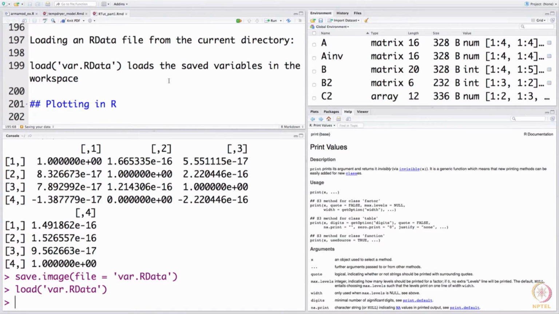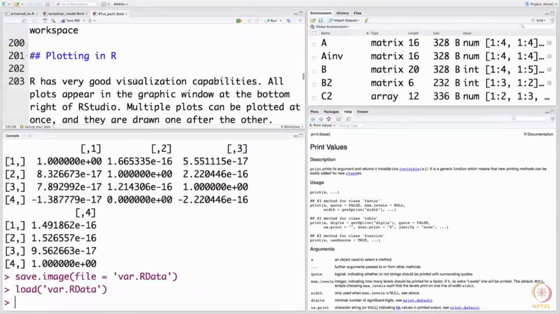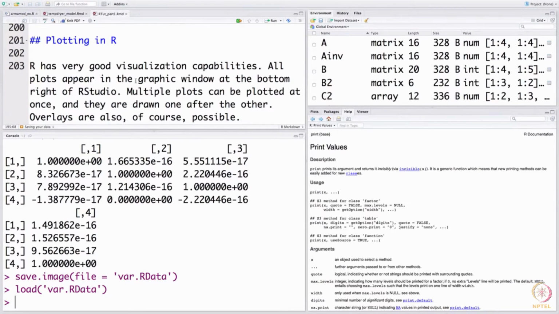So, now we come to the last leg of this tutorial, which is plotting, a very essential part of data analysis. Remember, visualization and visual analysis constitutes an important and a critical step of data analysis, usually at a preliminary stage, but also at later stages. At every point in time, it is better to look at the graphical output and then draw some inferences, which you cannot draw otherwise using some automated routines. And R is particularly well known for its visualization capabilities.